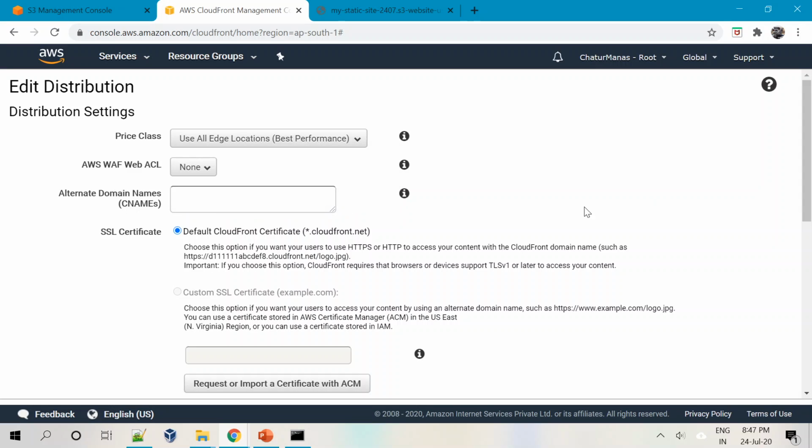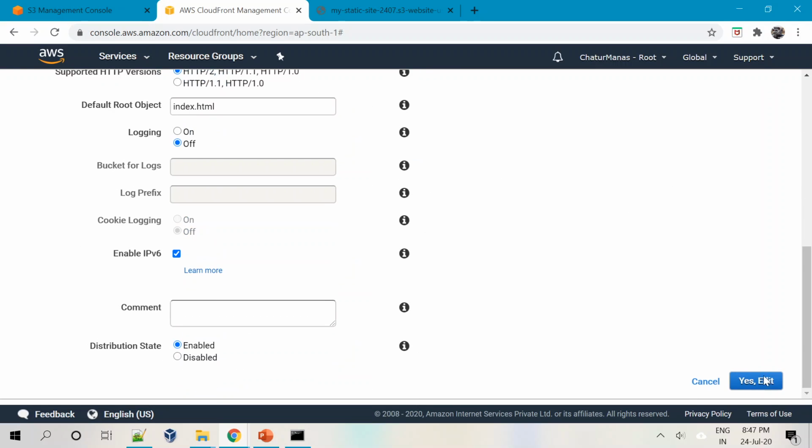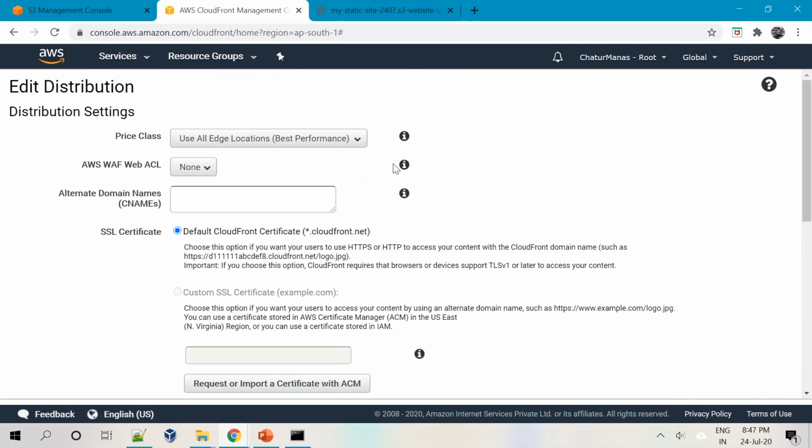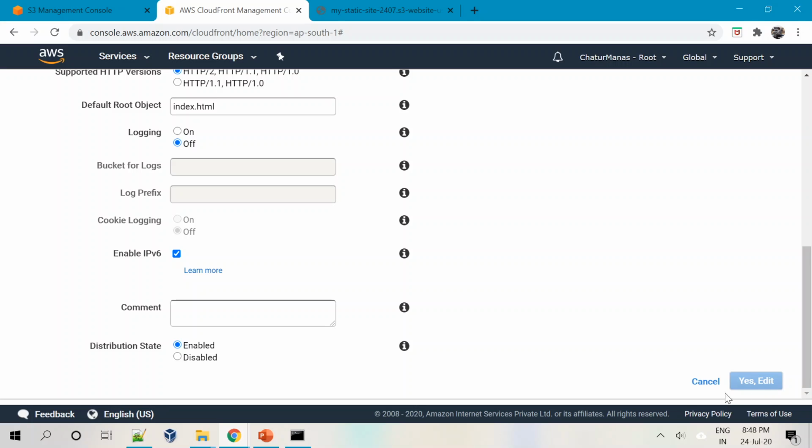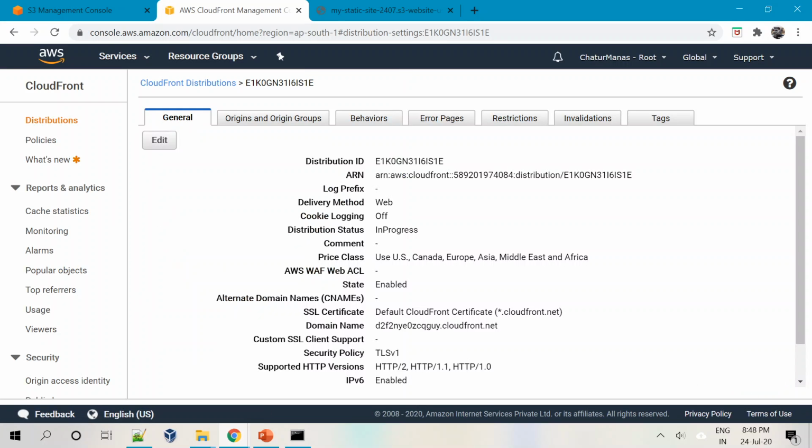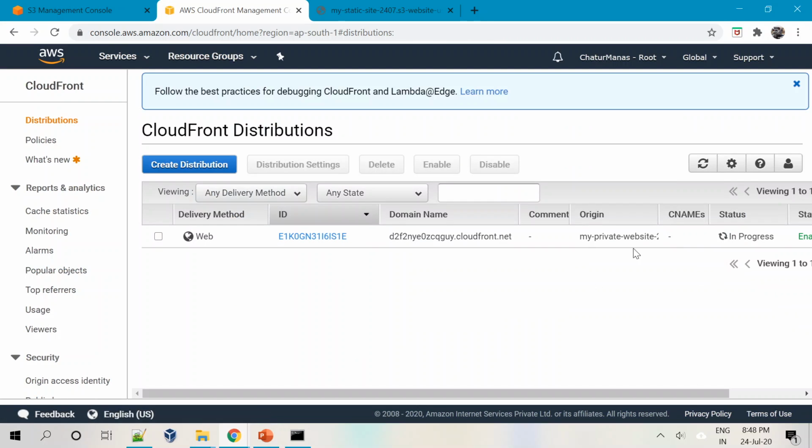So by default, all edge locations is chosen. I can change it anytime. So let me choose US, Canada, Europe, Asia, and Middle East, and I'll say yes, edit. When I say yes, edit, it will now reconsider publishing its contents to the respective edge locations.